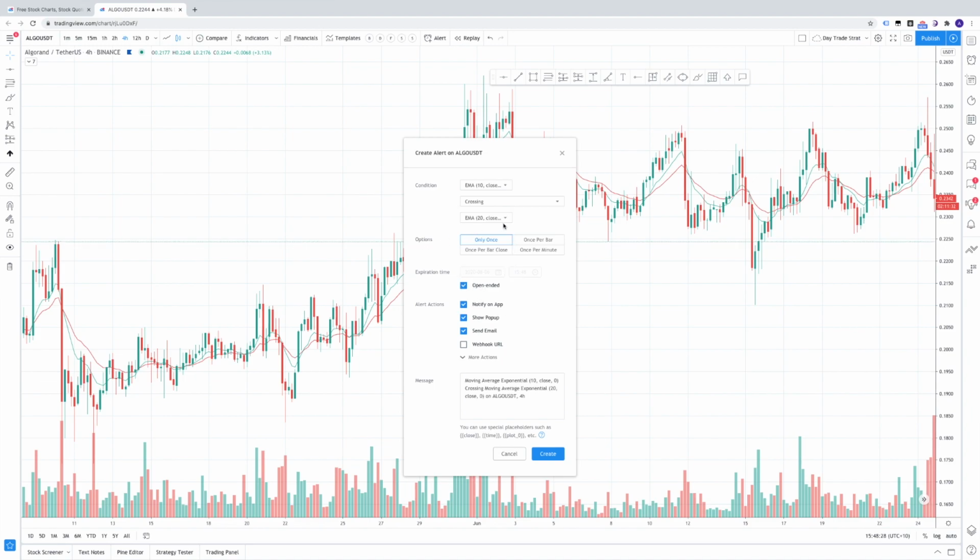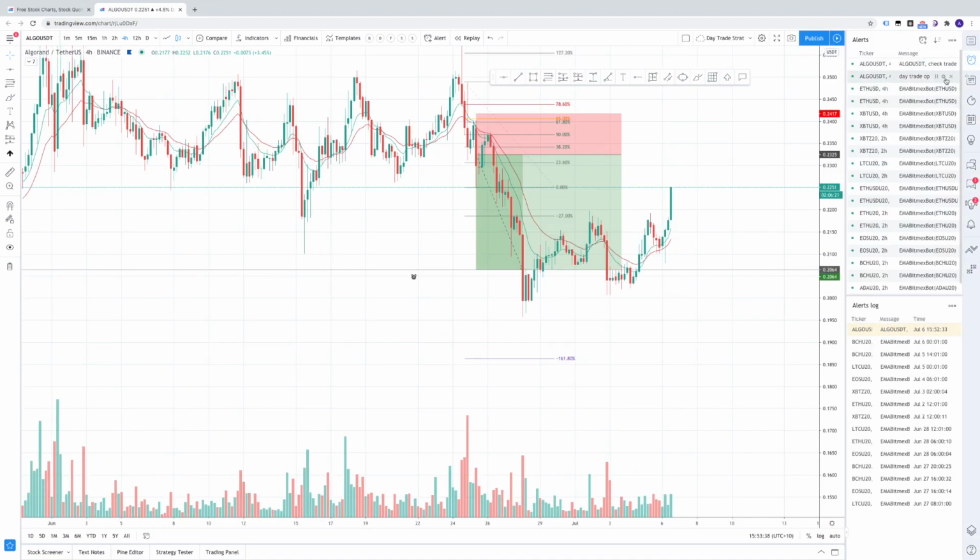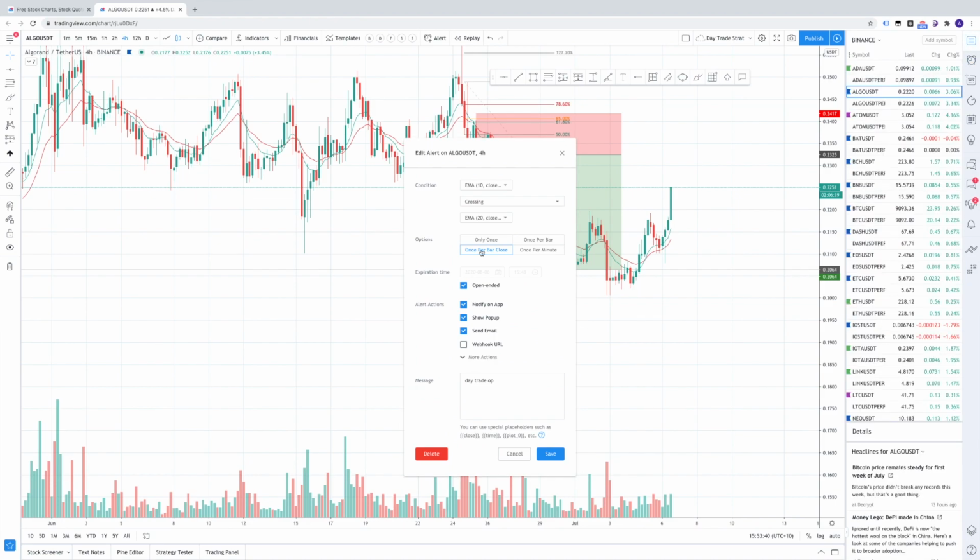in this case the 20, once per bar close, because the EMAs can sort of cross and uncross throughout a candle, so we want to make sure that they've crossed after the candle has closed. And then you can write in here whatever notification you want, so you can just say day trade off. Once you set that first one up, this one here, if you have open-ended ticked or you just set a date in the future, that will go off every time